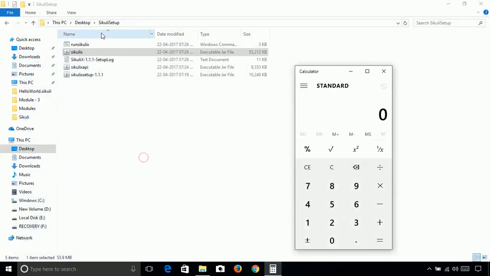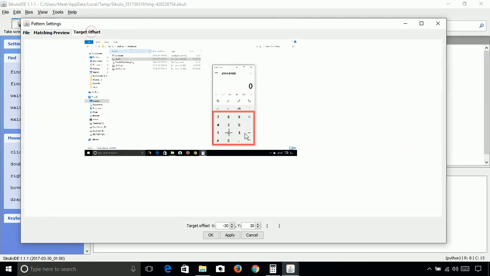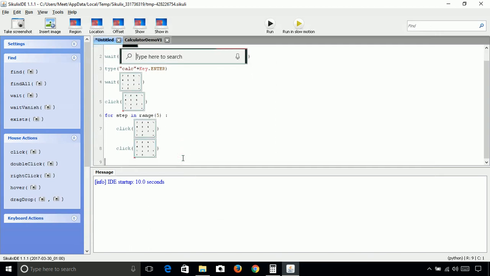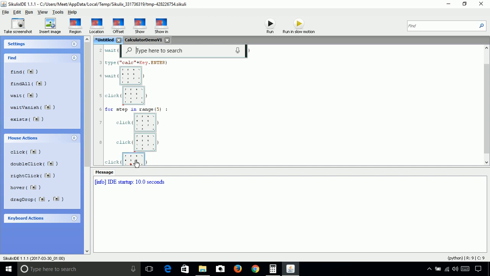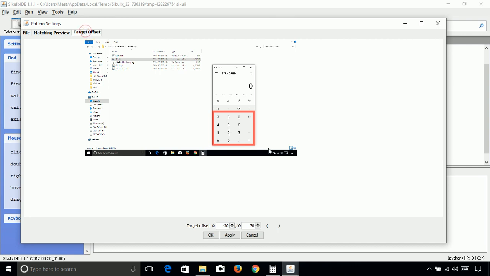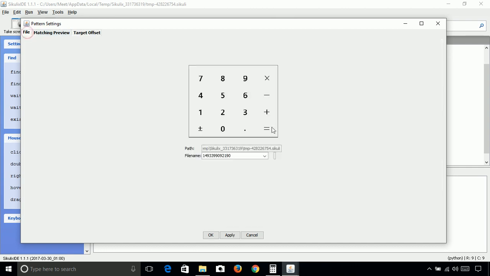Here the target offset is 2 only, but let us ensure that yes, it is 2. So press apply and OK. So now move out of the loop and then click on the equal to. So let me paste it again and then click on that, go to target offset and click on equal to. Let us ensure that this is the equal sign.